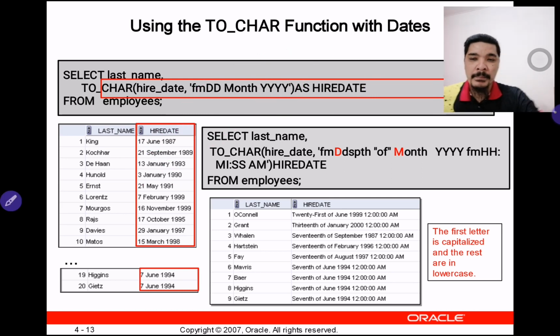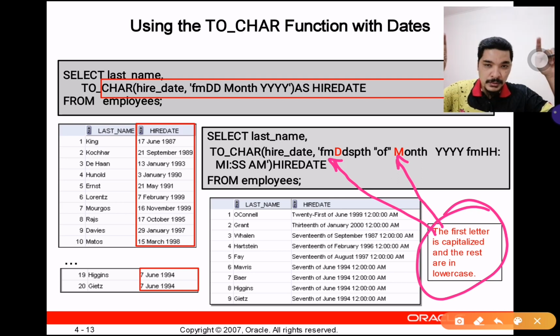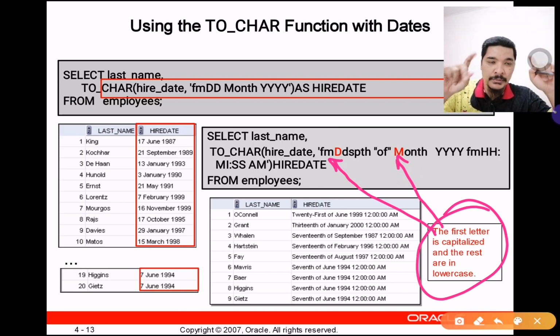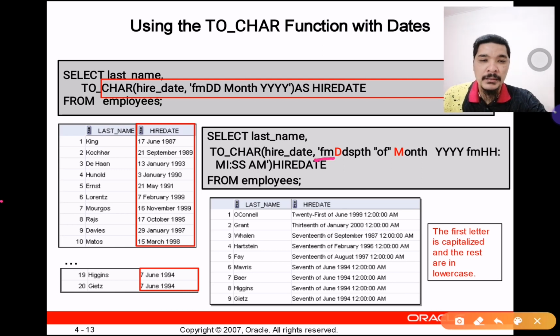So bear in mind, the first letter is capitalized and the rest are in lowercase. Okay, so this is the example. Please bear in mind, this is what we call case sensitive. It's case sensitive because they put it in single quotation marks. So whatever is in this element will be case sensitive. So for example, if we have FM, remove padded blank, then start with the